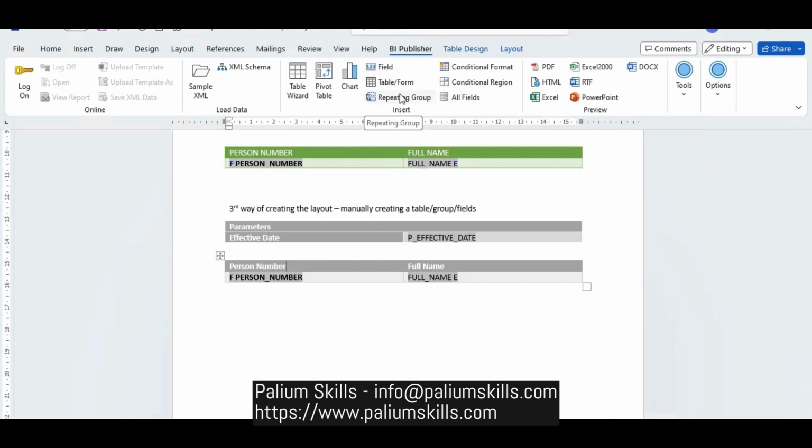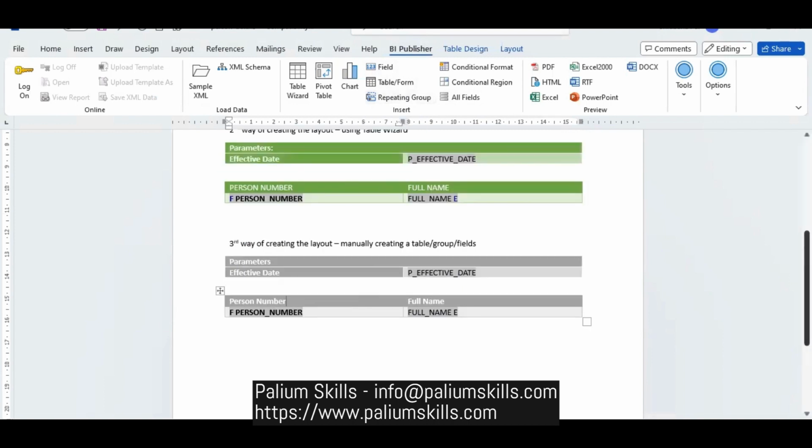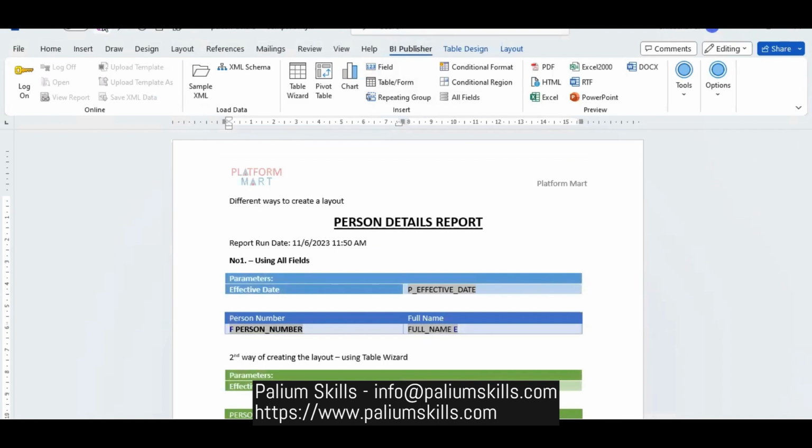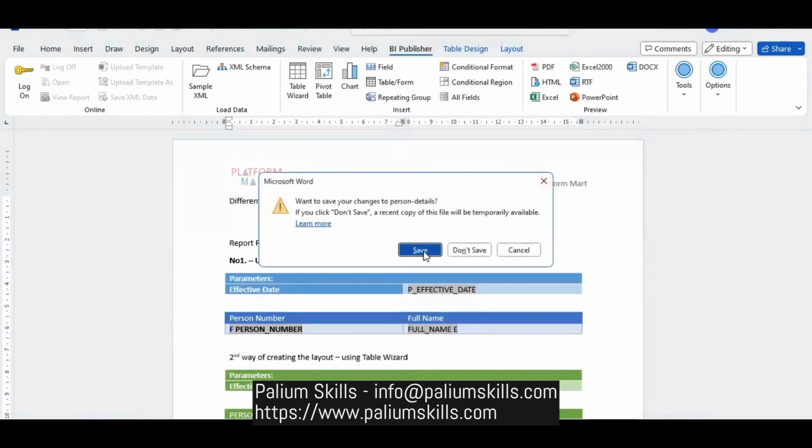Got it? Everybody? Anyone, any doubt? Please ask. And then you need to save it as a .rtf. .rtf is very important. Other than this, the system will not accept. Now, once this is done,